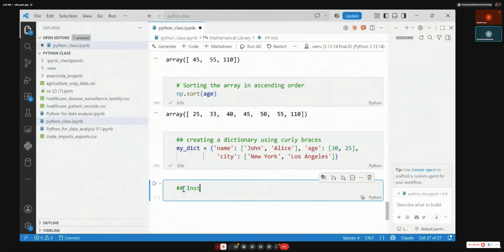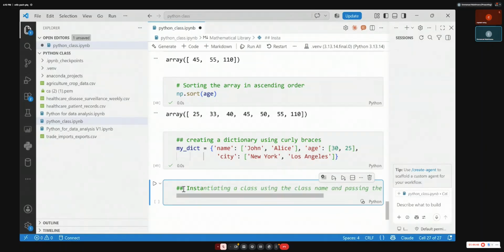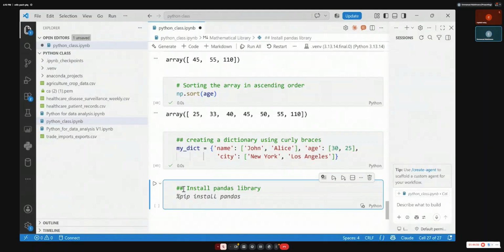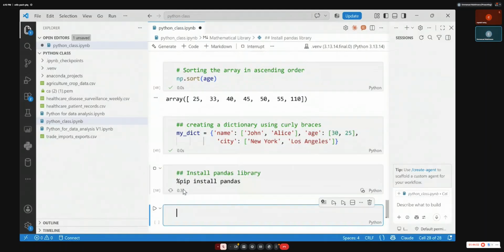Install the pandas library. Do it like this. You might not have it, and then we are going to load it, and then we tell it, please go and read my dictionary and make it a table. That's the next exercise.